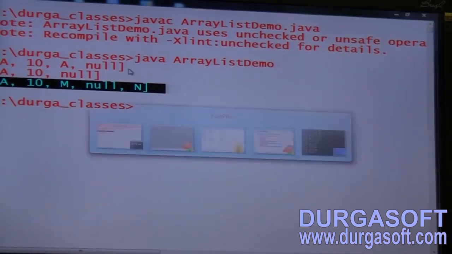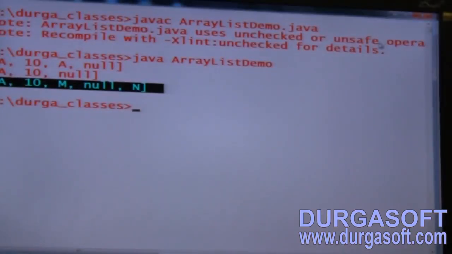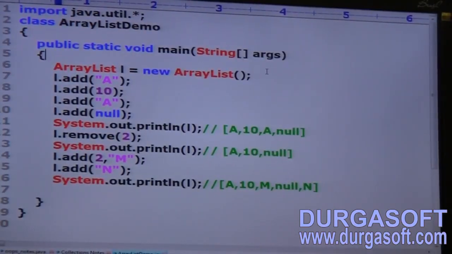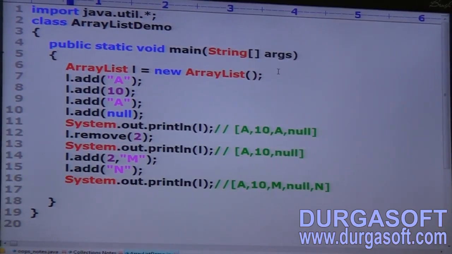Clear for all of you? Take this program, and better to take the output also. If you have any doubts, let me know so that I can explain. We are not using generic syntax, that's why at compile time we get warnings. But once we start using generics, we won't get any warning.